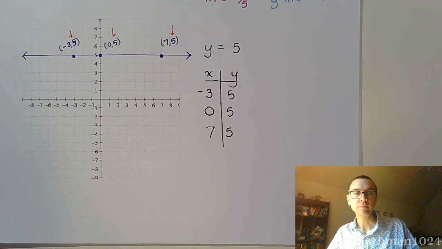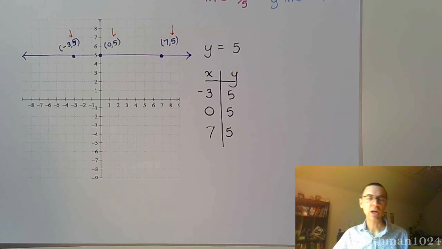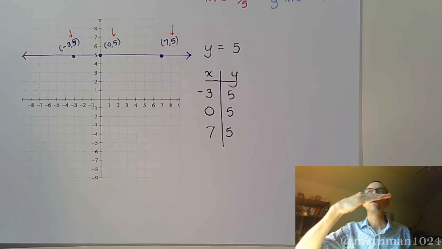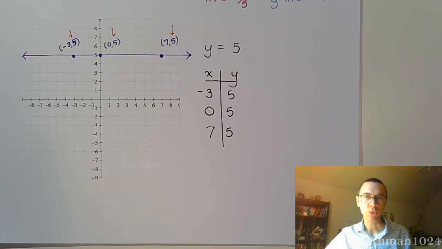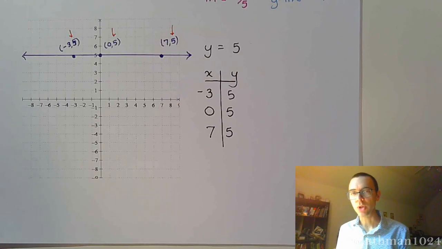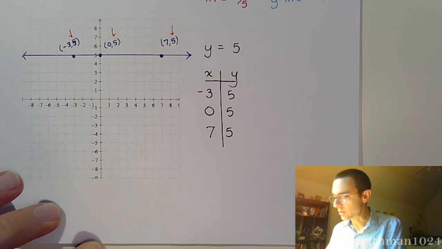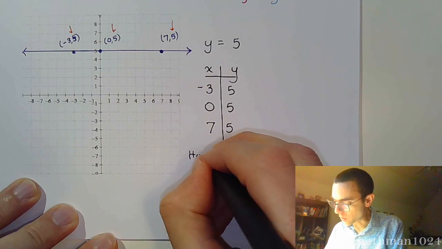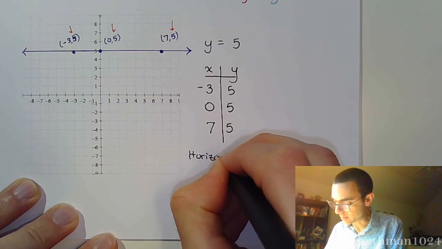Every point. If this line were to deviate whatsoever, if it were to go up or if it were to go down, then the y value would not be 5 anymore. It'd be something different. But this equation says that y is 5. Y has to be 5. And so here's something that we know about these types of equations. For a horizontal line, which is what we have,